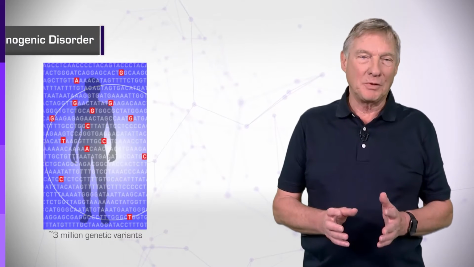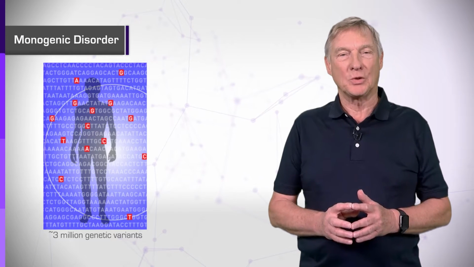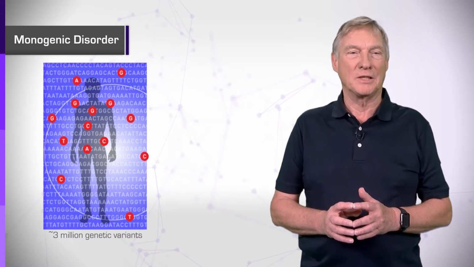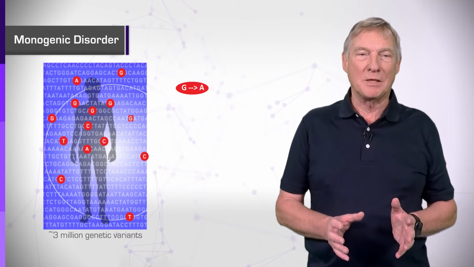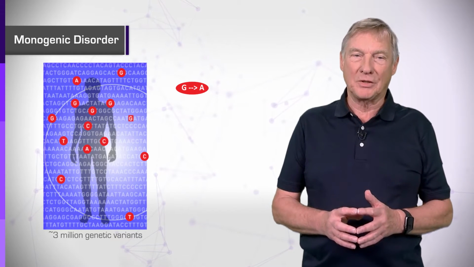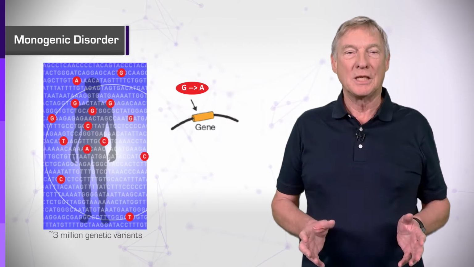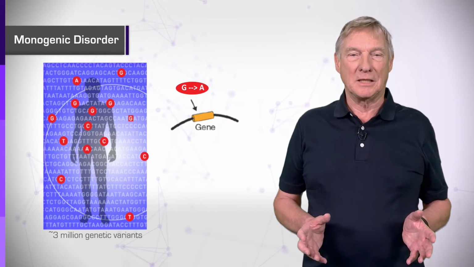In the last segment of the course, we discussed the sort of variation that's found in human genomes. In this segment, we're going to move on to talk about a particular subset of variants, those found in monogenic disease. As we learned before, the genome of each individual contains more than 3 million variants from the reference human genome. Because these mutations are almost random, some will have a deleterious effect on the function of one or more genes, and so lead directly to disease.